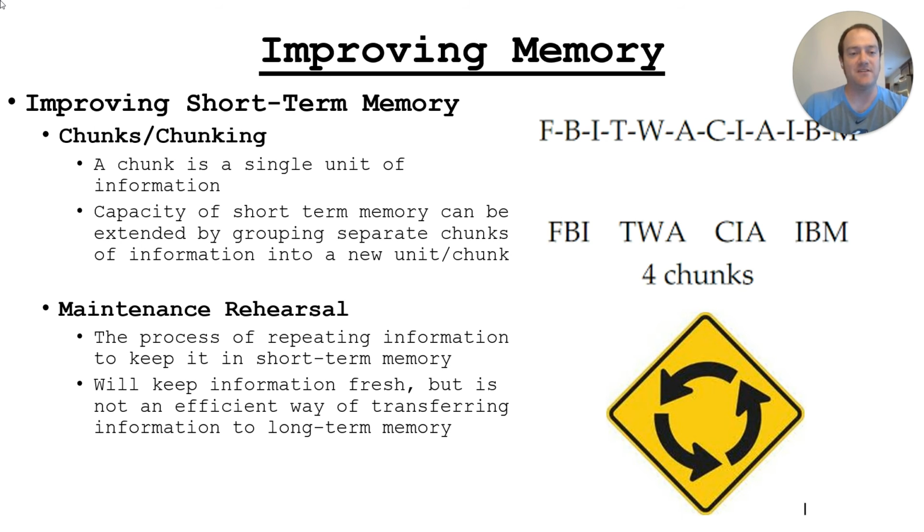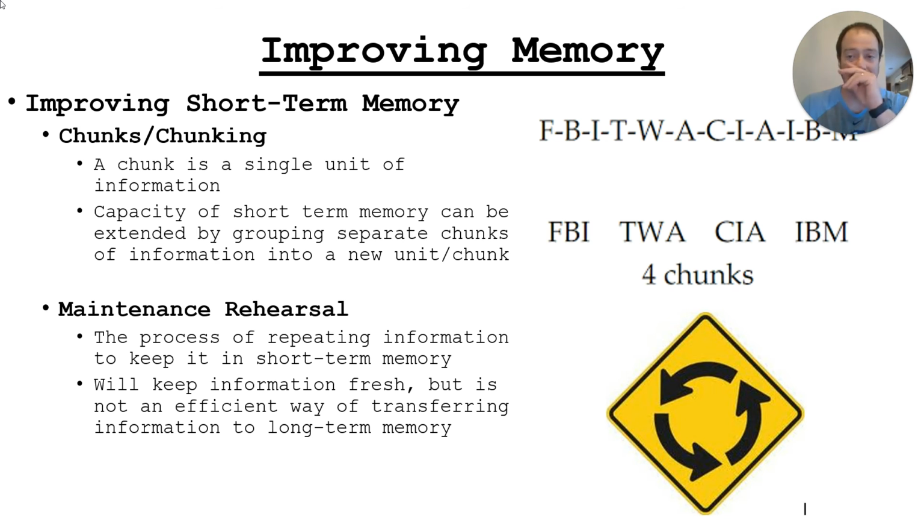So improving memory, these are the last couple things, and hopefully this one is a little less long than the first one. I went a little long on the first set of notes, so hopefully this one's a little shorter. Ways that you can improve your short-term memory: the easiest way is chunking. And I know that sounds kind of gross, but chunking is when you take information and chunk it into a single unit. Again, usually 5 things or less.